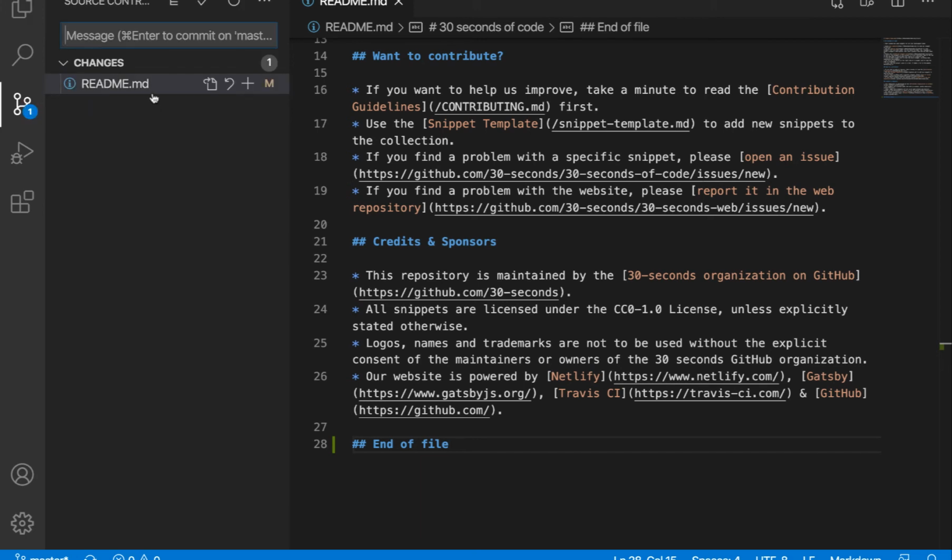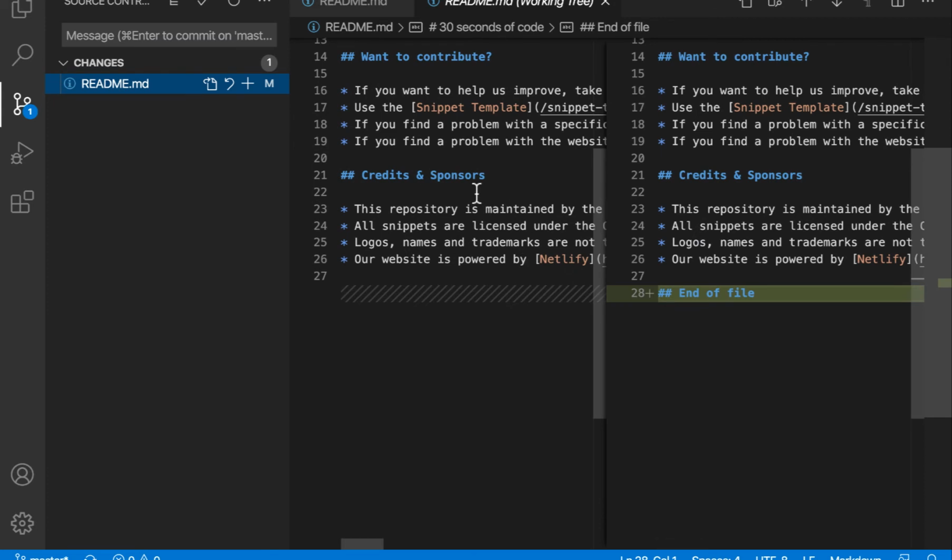If you go here, you can see there is a change detected by Visual Studio Code. If you click on this, you can see there is a modify option over here. If you click on this, it will show you the changes, which says the old file is something like this and the new file is something like this. A plus icon is displayed here, which means one line has been added. So these are a few details that have been changed over here. It's like modifying some code in your repository. I'm taking a simple example of modifying a file, so you can even add a line of code if you want.